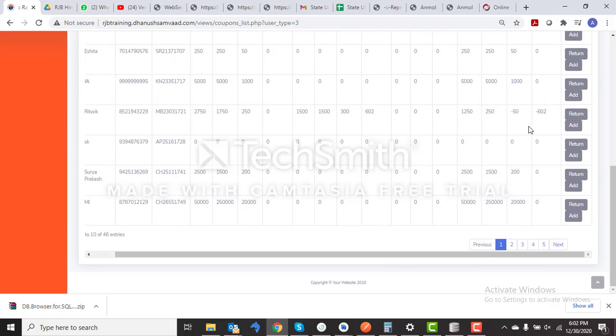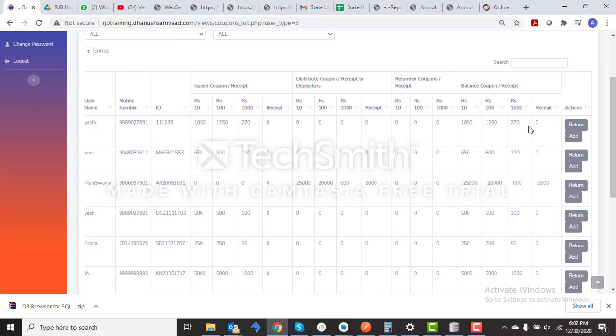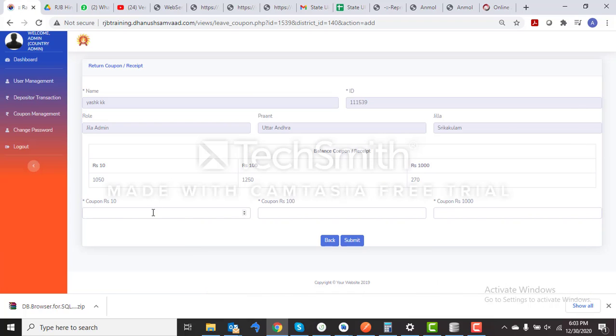Jilla also has one provision, that is, at any time during the Abhiyan, if there is a requirement of more coupons or receipts, we can click on add over here, and we can enter the details of the coupons, like how many coupons of 10 rupees, 100 rupees and 1000 rupees are issued to the Jilla during the Abhiyan, like 100 coupons of 10 rupees, 80 coupons of 100 rupees and 50 coupons of 1000 rupees are issued to this Jilla admin during the Abhiyan.